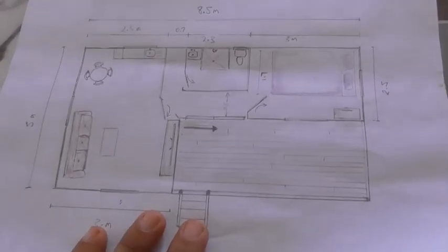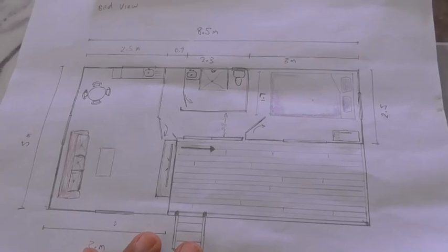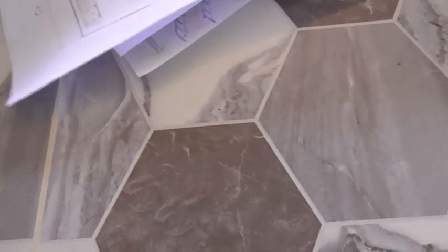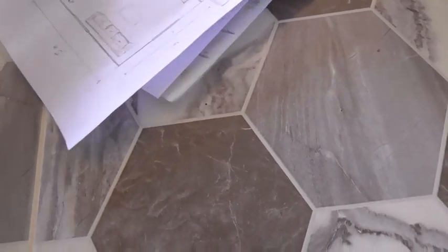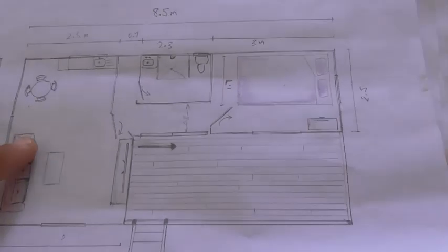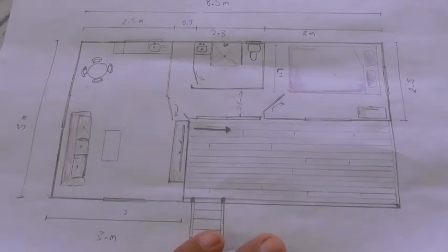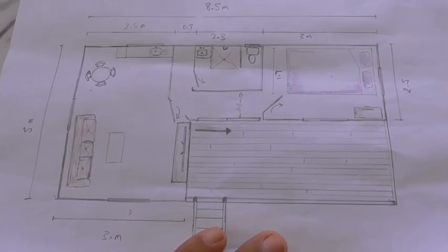And just before we go ahead with this, I'm still not sure if we're going to go ahead with it or not, even though it's not going to cost us too much. But like I said, we've already spent quite a large amount of money on this house and fence already, and it's just another build that we'll have to spend quite a bit of money on. So yeah,